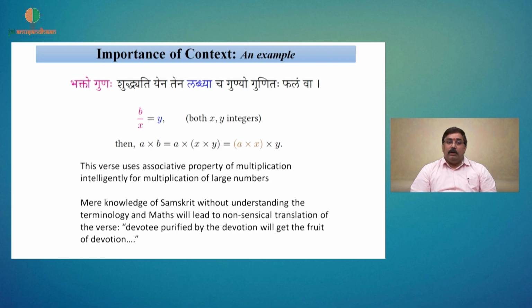Why? Because this is not a text on some philosophy. This is part of the text called Lilavati, written by Bhaskaracharya in the 12th century. This used to be the standard textbook for our children in India until the Macaulay education took over. And what he is talking about here is, Bhaktaha means the divisor and Gunaha means multiplication, Labdhya you will get. So the verse is actually about the associative property, used for multiplying large